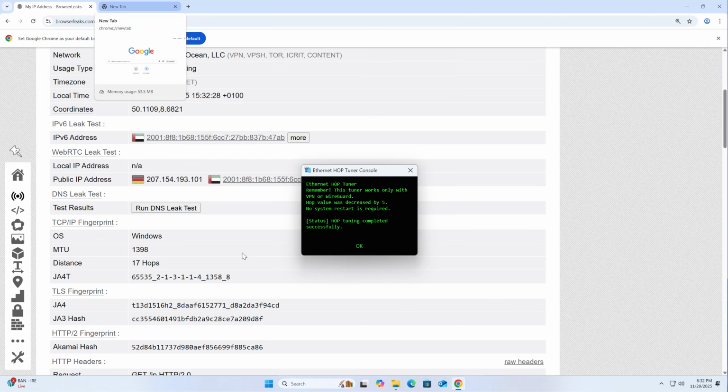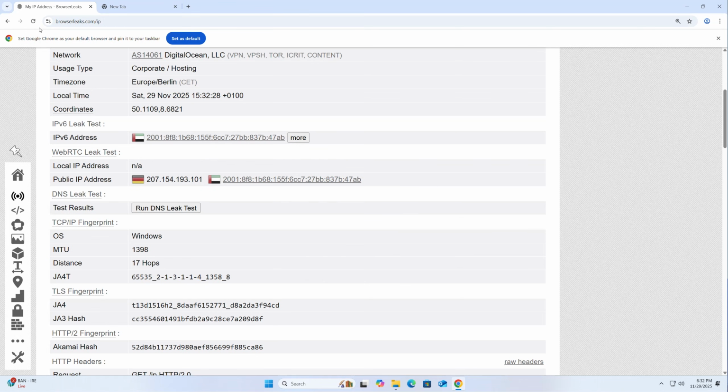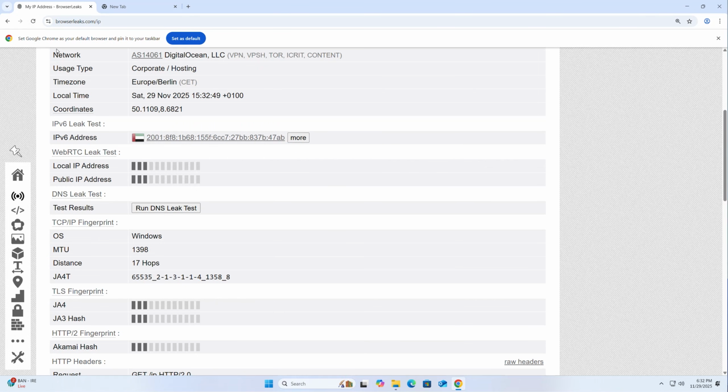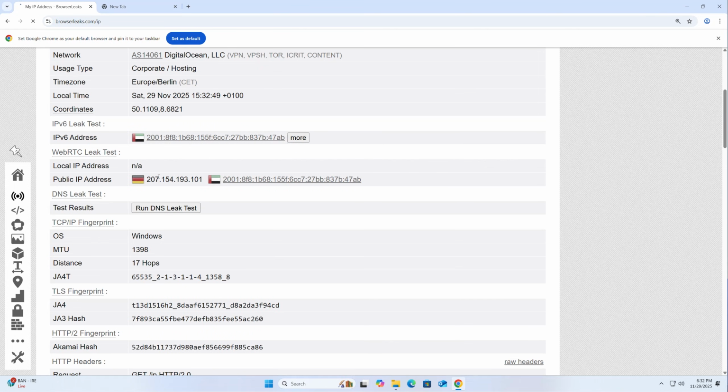We are waiting for the command to be executed. Pay attention to the number 17. Updating our page. There was no change. We refresh the page again and we have already received only 5 hops. Here you can say that the math didn't work quite right, but unfortunately this happens depending on which VPN config you're using.